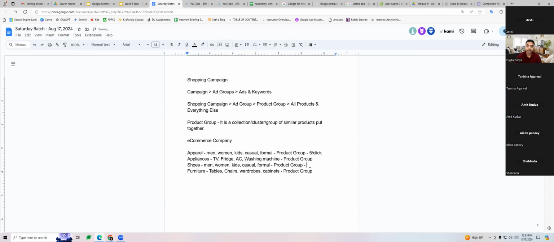Similarly, let's say the second best category is shoes. For shoes, I am paying 4 rupees per click for all the shoes related shopping ads. My third best category is appliances, so I'm paying 3 rupees per click for all the appliances related shopping ads. And for furniture, which is my last category, I am paying 2 rupees per click for all the furniture related shopping ads.